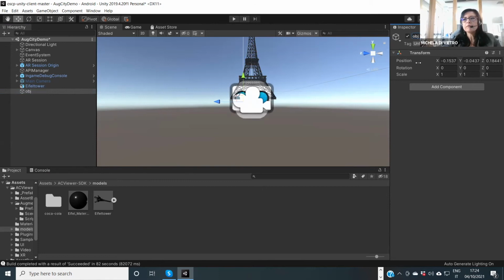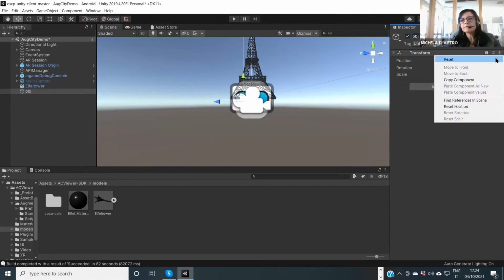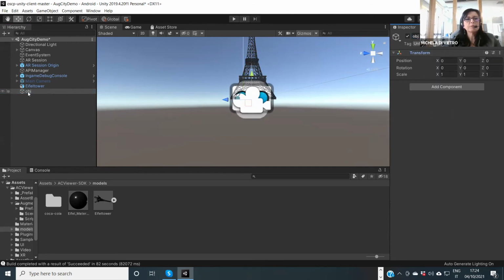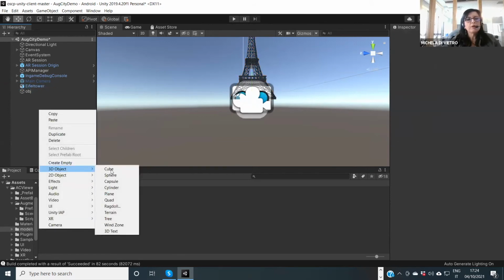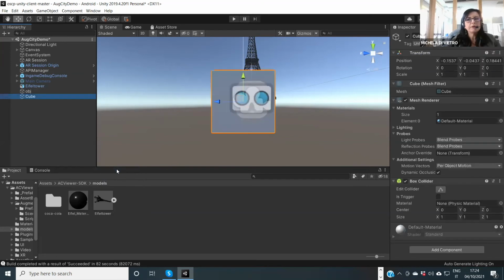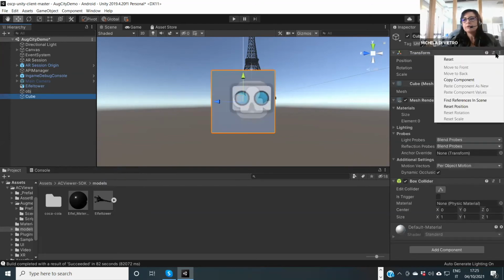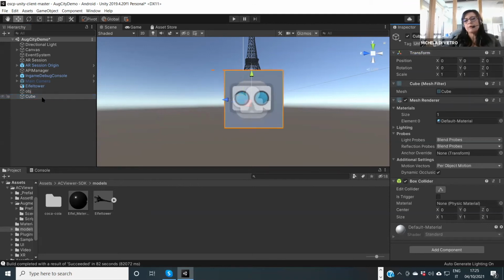Voila. For this object, you have to reset the position in order to put it at the origin of the scene. Now, we'll also add a 3D object, in this case a cube, placed at 0 coordinates and with scale equal to 1.